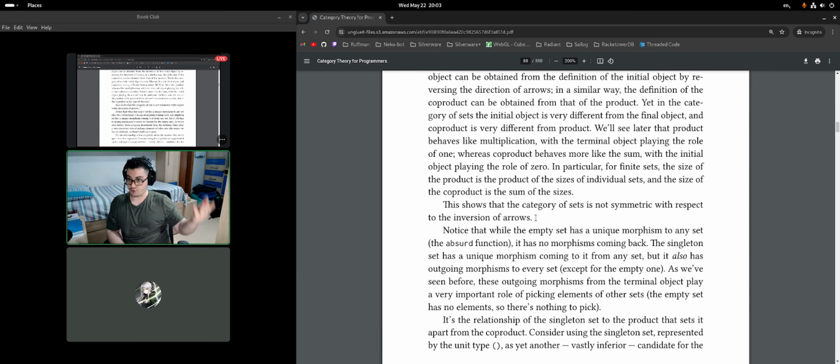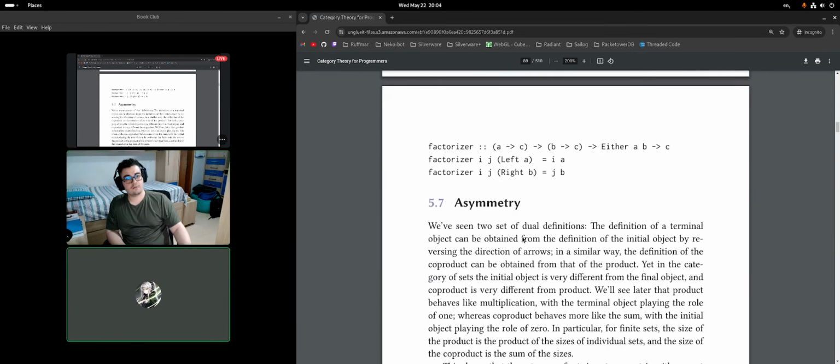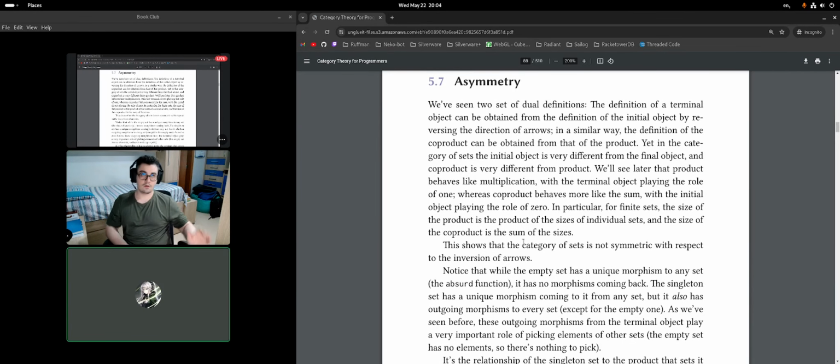So you have zero plus two, which basically means that the size of the co-product is the sum of the sizes. Before, with Either Boolean Boolean, it was 2 plus 2, and now we have 0 plus 2. And if you try the same thing for the product, the product of Boolean Boolean is also 4, because 2 times 2 happens to be 4.